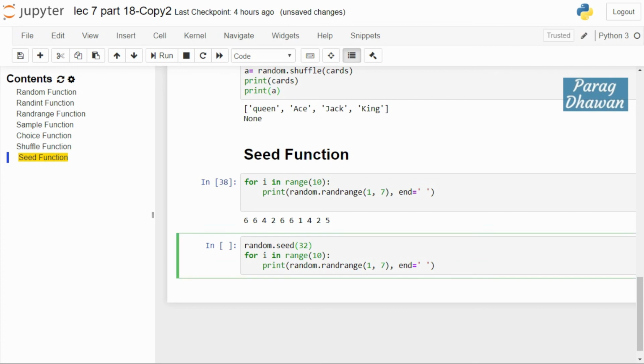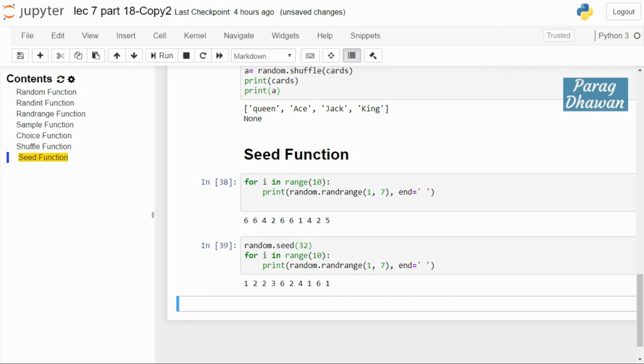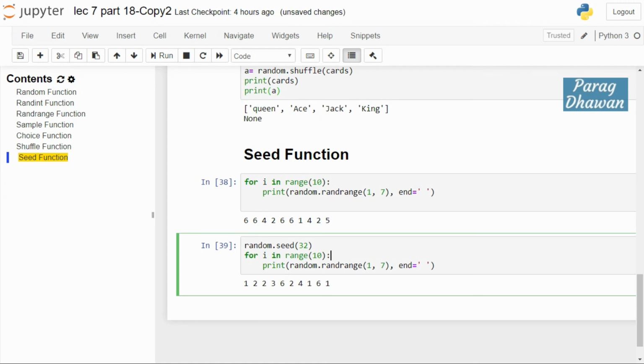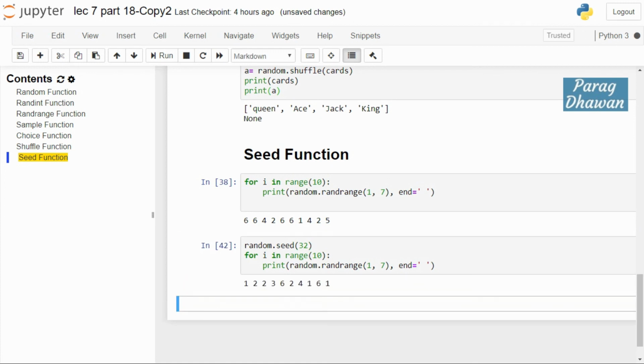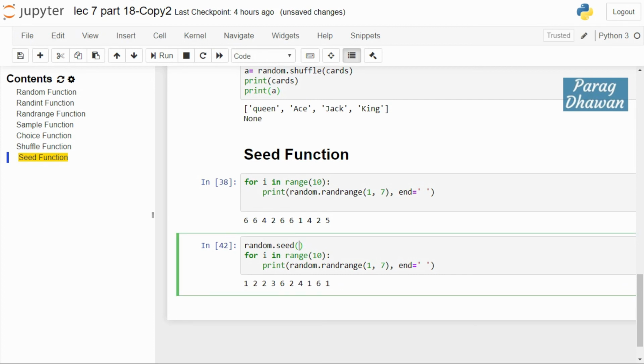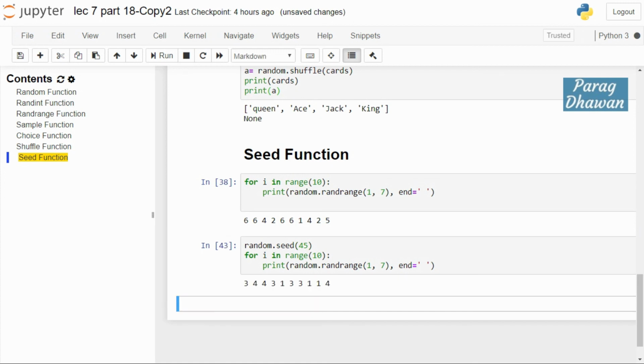If you set a seed and then run the cell, it will randomly select the 10 values from 1 to 6, but every time you run the cell, that random selection remains the same. It depends on the seed value. If you change the seed value, then this random selection will change. Suppose I set the seed as 45, then every time the output will be 3, 4, 4, 3, 1, 3, 3, 1, 1, 1, 4.